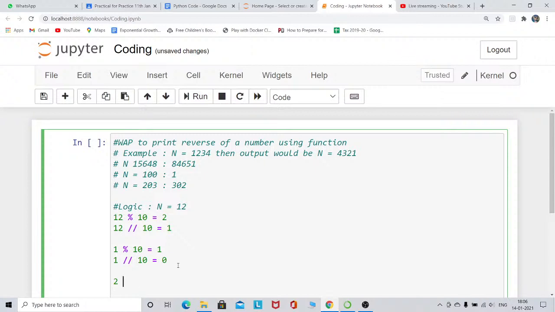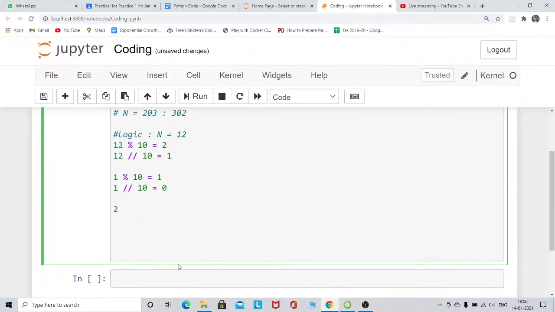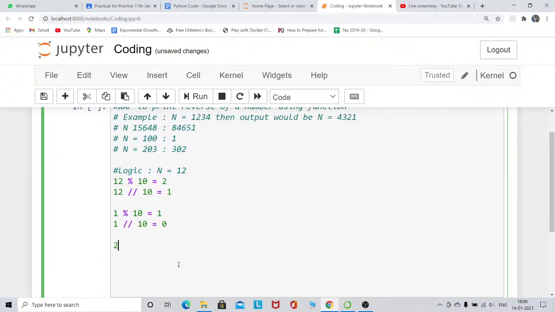So I have to reverse this. For that purpose, I multiply 2 by 10 and add 1. So the logic is something like this. In mathematical terms, if I write 2 into 10 plus 1, it will give me the number 21. That is the reverse of n equals to 12.